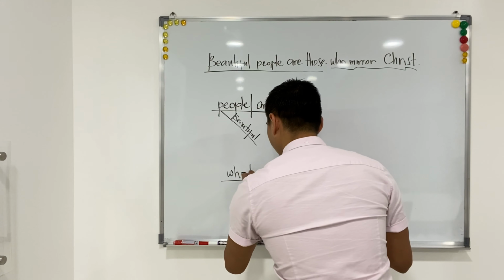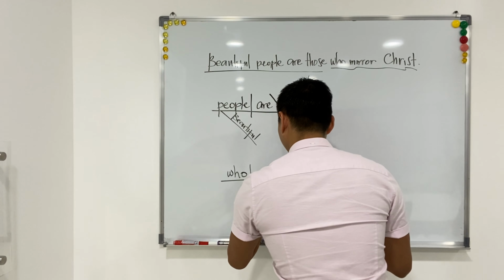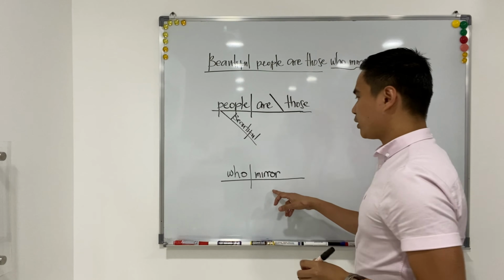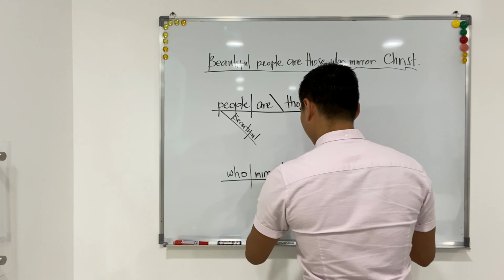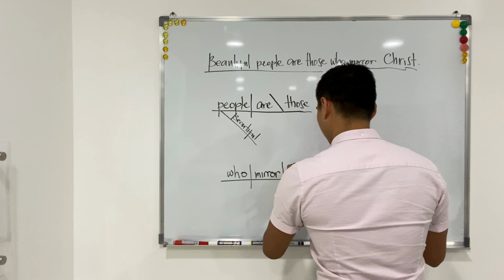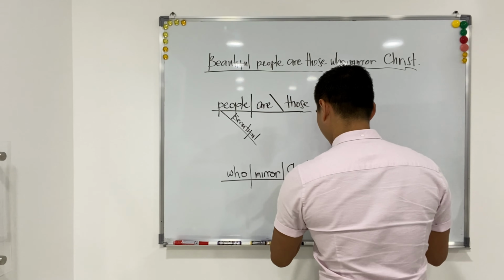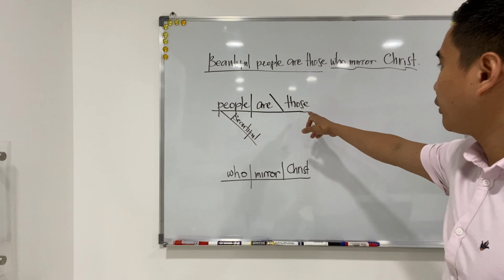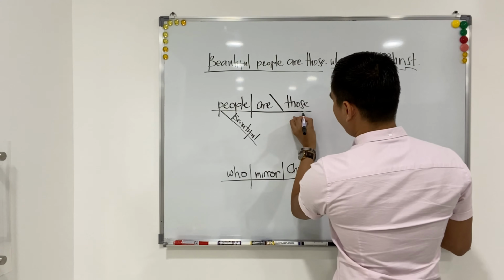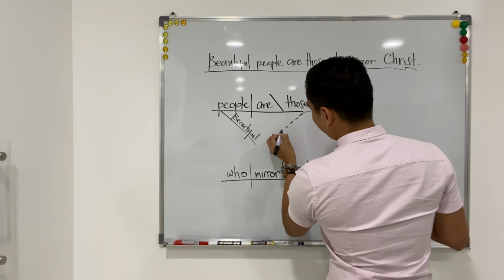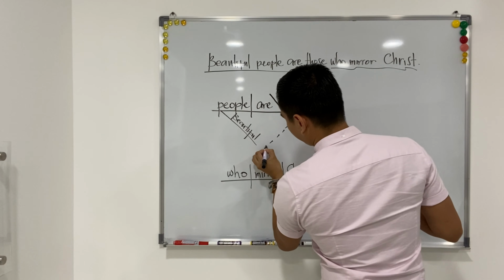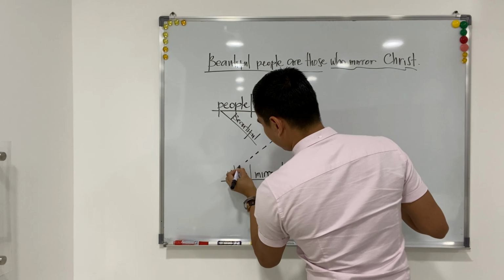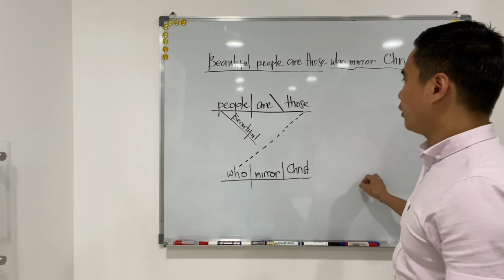And the verb is mirror, which has a direct object, Christ. The adjective clause is related to those, so we connect them by a dotted line. So we have